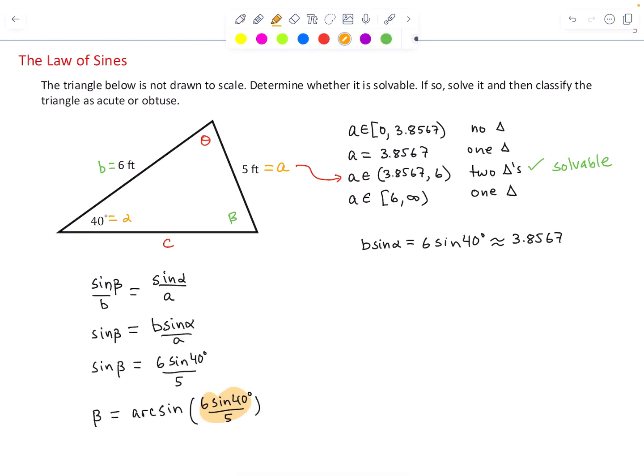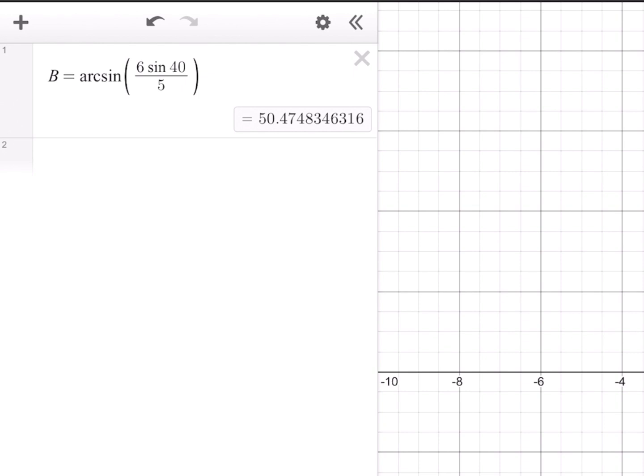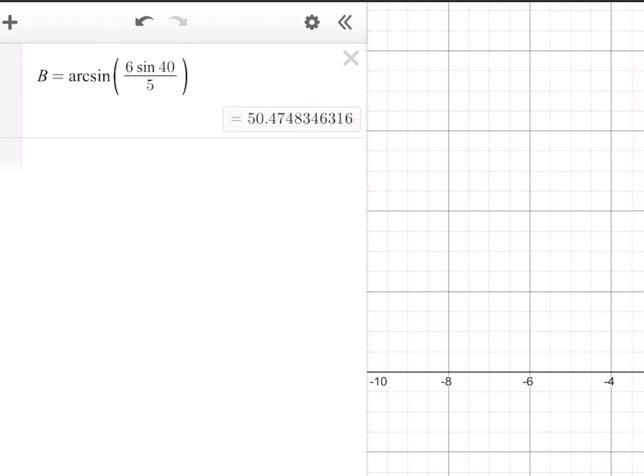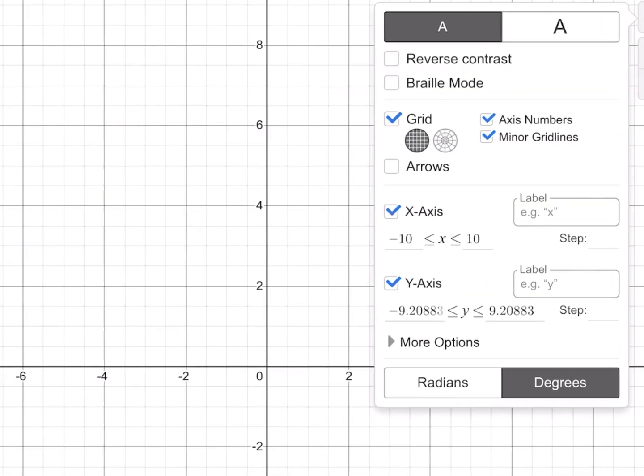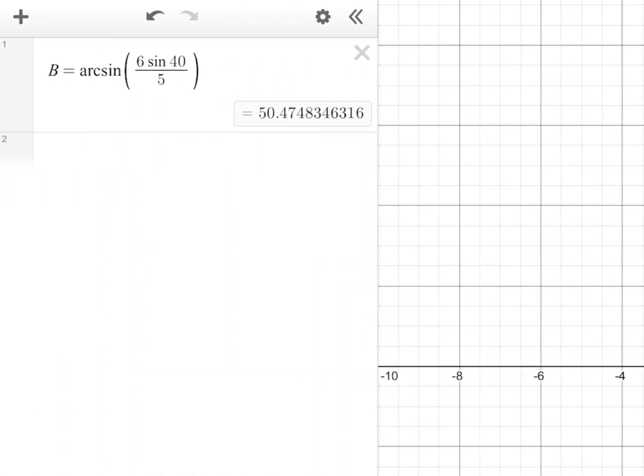Now this argument will be positive, which means when I do the arc sine of a positive number, I get a first quadrant angle, or an acute angle. I'll use B to stand for beta, so I don't have to type out the word beta. Arc sine of 6 sine 40 over 5, make sure you are in degree mode, and we get about 50.47